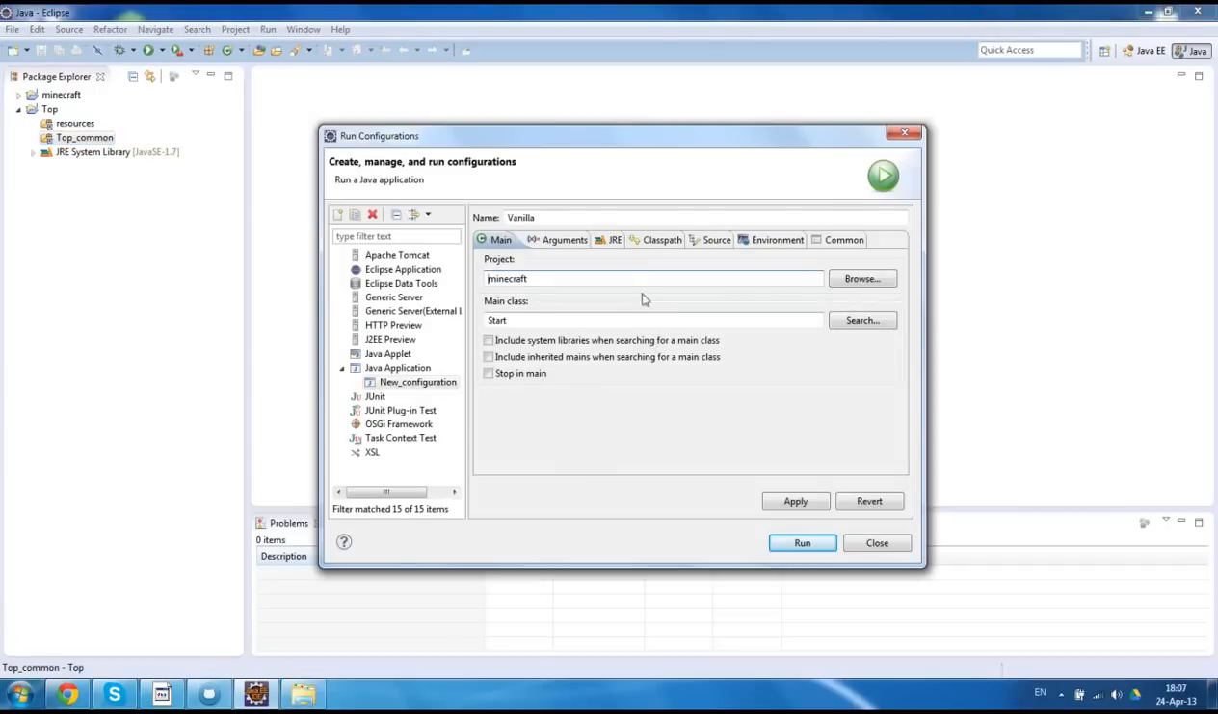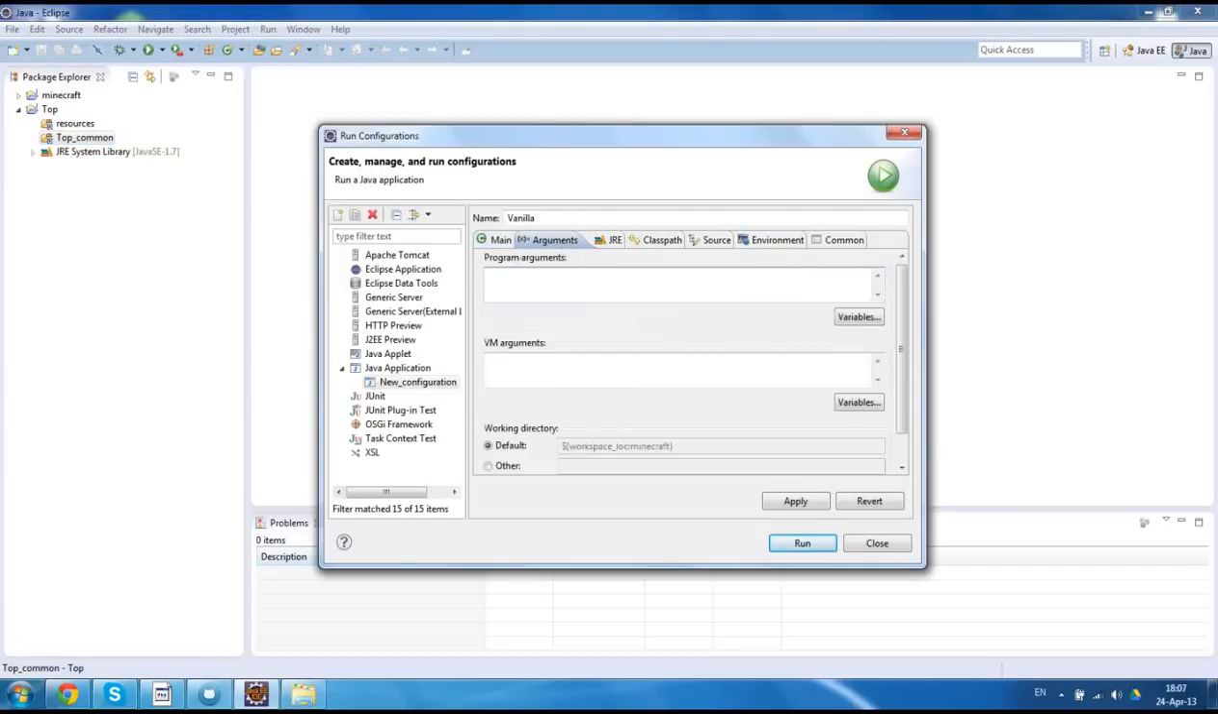So the next thing we want to go to is arguments, and in program arguments you can put your name, so you can actually log into Minecraft. I'm just gonna put mouse tutorials really quick. You can put in your VM arguments, but what we also want to do is change the working directory. This is gonna make sure that you don't have all the files that Minecraft needs when it starts up in your default location. But we want to copy the code above, so